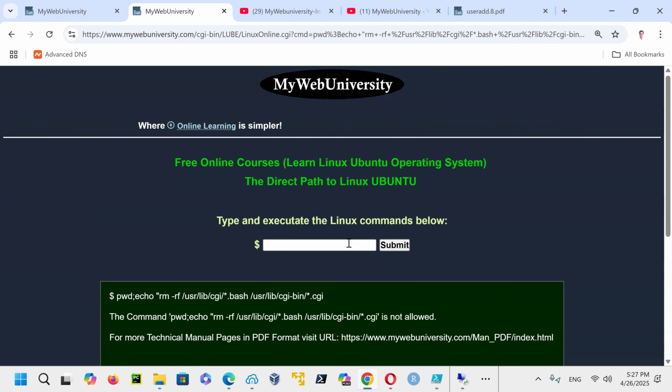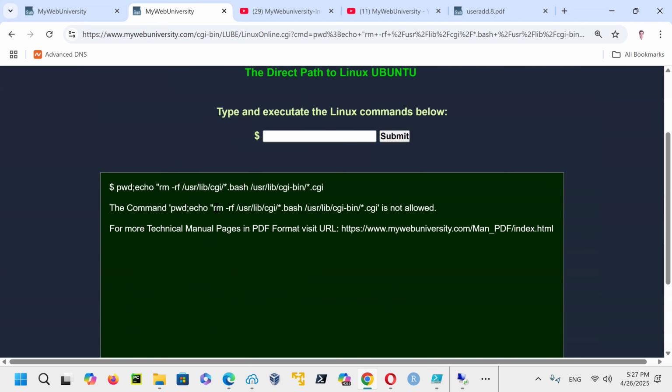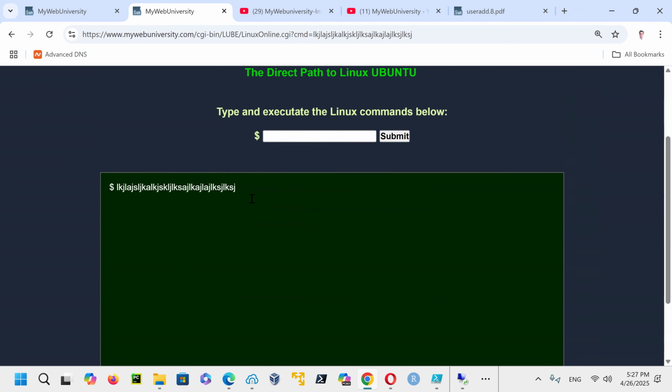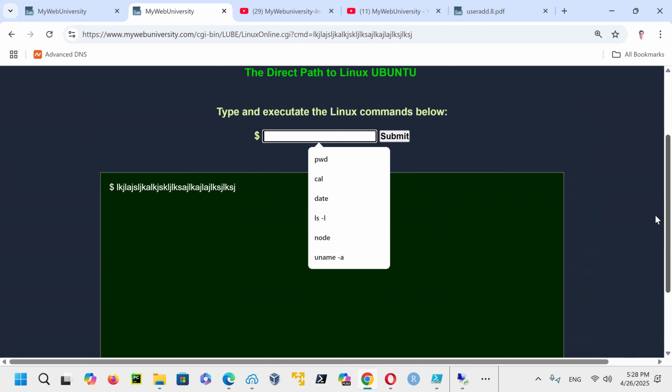So anything that you pass in, I read it and I say, no, it's not allowed. And you could write even garbage here, anything you want to do. My program has to dynamically read what you typed in and say, no, I cannot execute that one.